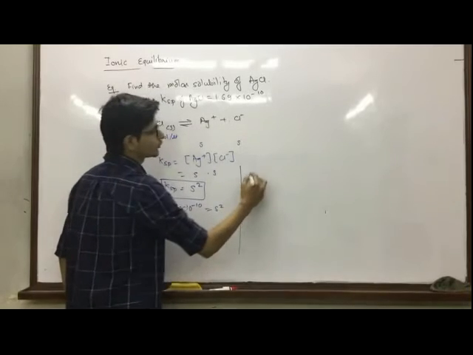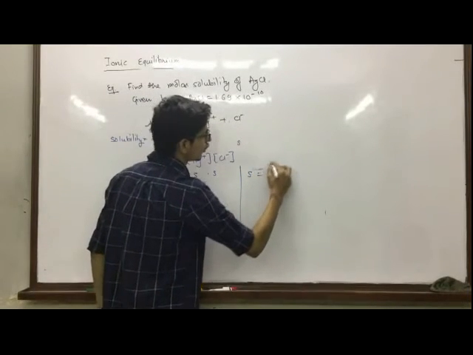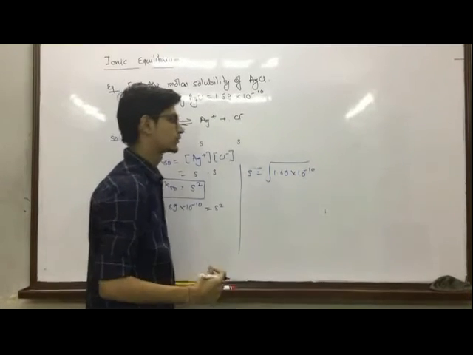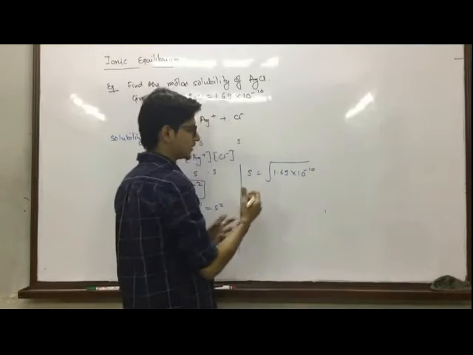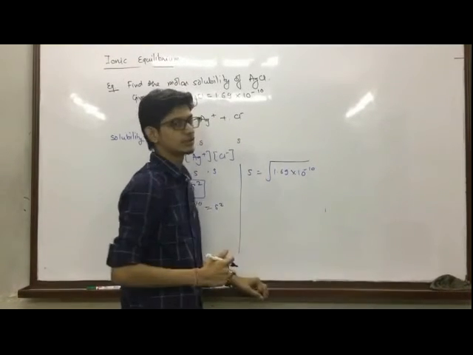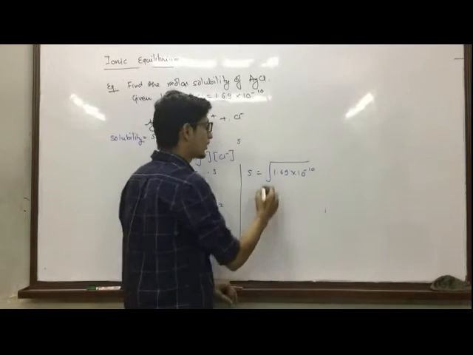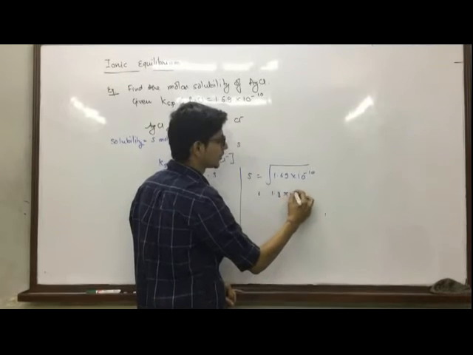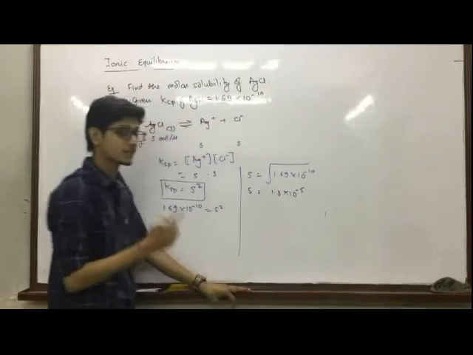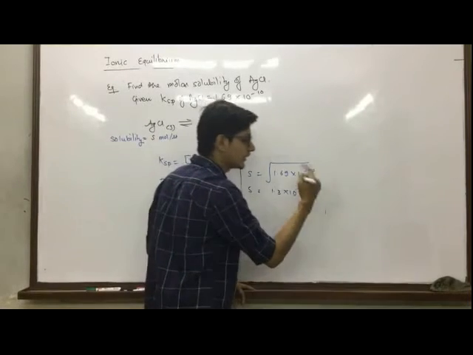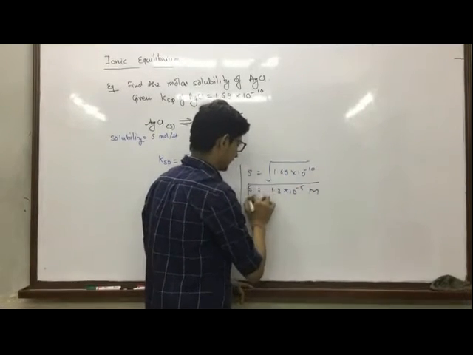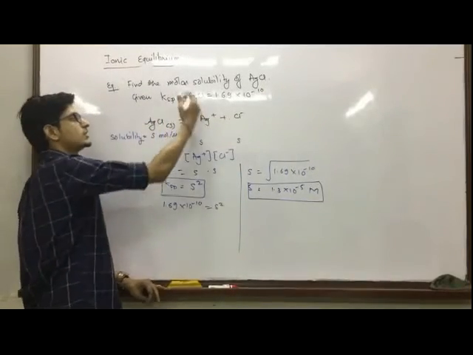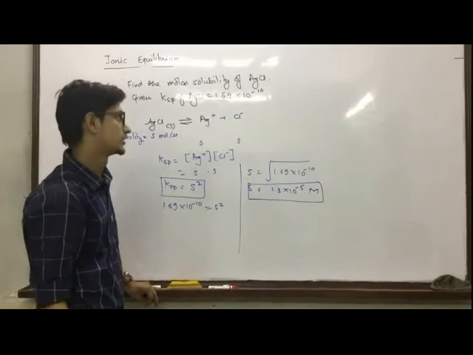So from this, the S value will be the root of 1.69 into 10 to the minus 10. Again, we are going to solve this value. It may seem complicated the first time, but it is not. We know 1.69 is the square of 1.3, so S is 1.3 into 10 to the minus 5. This is the solubility, and the unit will be mole per liter, that is, the molarity. Simple basic question: they have given the Ksp of AgCl and asked the molar solubility of this AgCl solid.